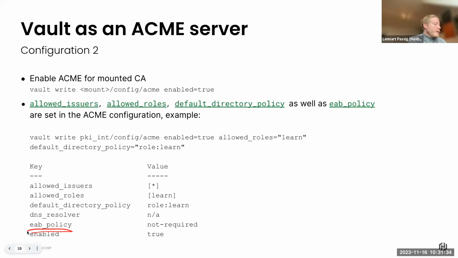We won't talk too much about EAB today, which is not required, meaning we can introduce other measures against man-in-the-middle attacks, which is the external account binding, EAB, in order to increase our security around who can do what and when, so to say.